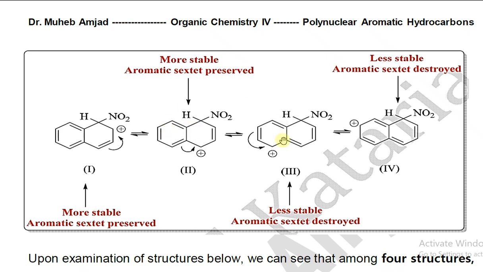So the third resonance structure, if you look at both of the cycles, they are without resonance, without an aromatic system. That means in this cycle there is no aromatic system, and also in this cycle there is no aromatic system. We said the aromatic state is destroyed. So the aromatic system is destroyed here, and also destroyed here. When this pi bond opens to make a double bond here, the positive charge will become here